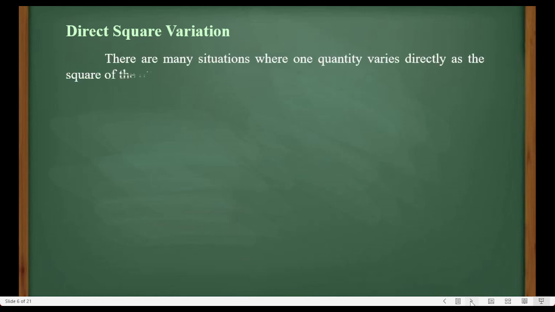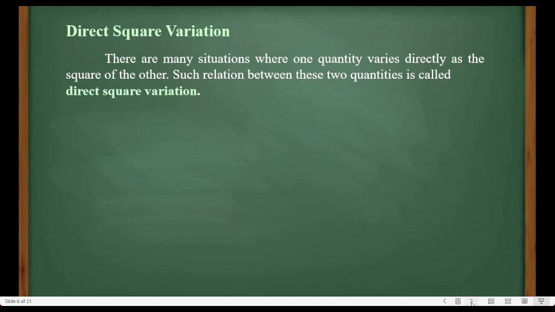Next, let us have the second type of direct variation. We have talked about the direct linear variation, and this time let us talk about the direct square variation. Now there are many situations where one quantity varies directly as the square of the other. Such relation between these two quantities is called direct square variation. In symbol,